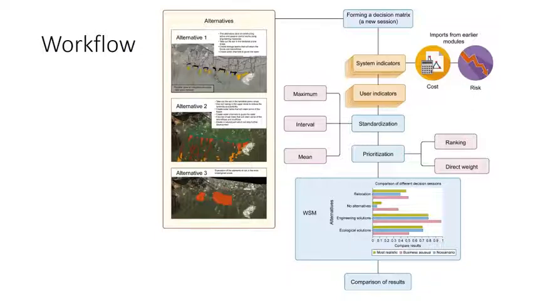In this example, they had 3 alternatives. One of them was relocation, where they had to relocate the whole village because of how dangerous the area was. Another alternative was the engineering solution, where they had to build some dam on top of the area. And the third one is a mixture of some relocation and some engineering solution. And in this example, based on different decision-making rules, the engineering solution got the best result.